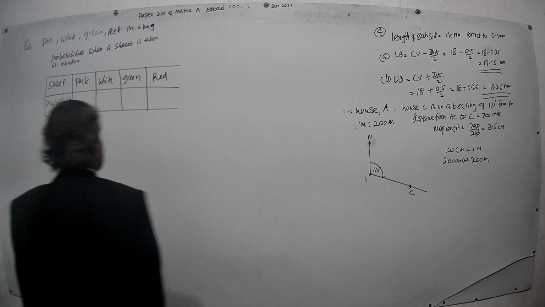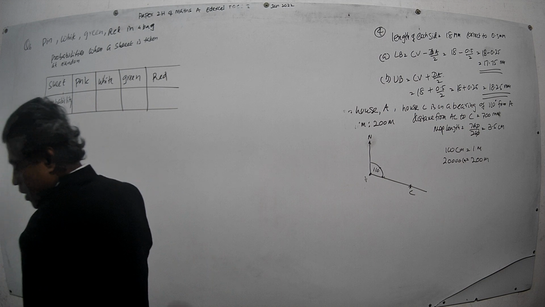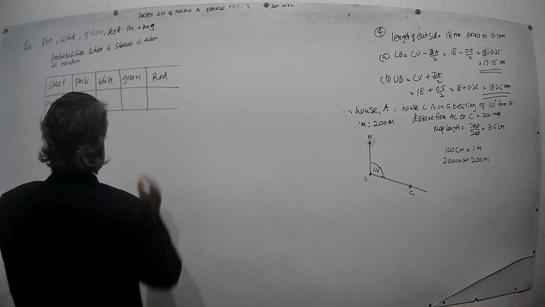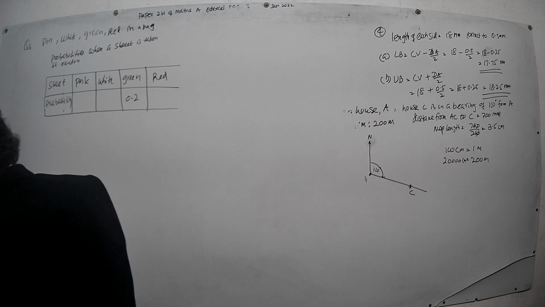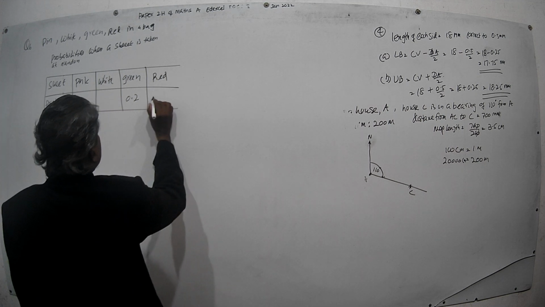Okay. Now the green probability is 0.2. The red probability is 0.3